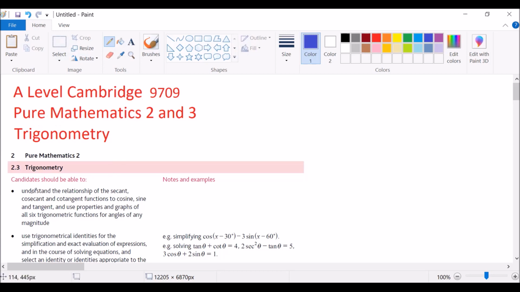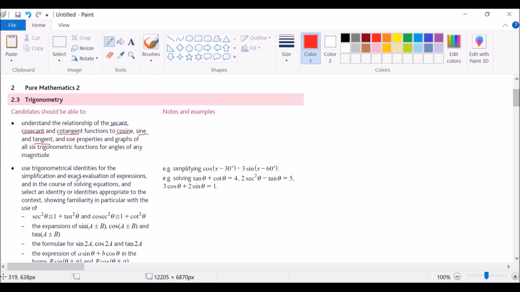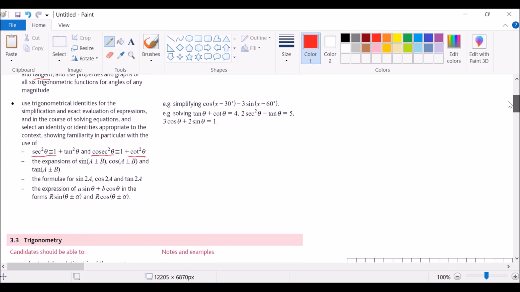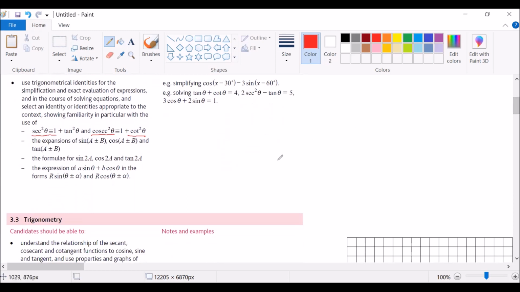Today we're going to look at the relationship between the secant, cosecant, and cotangent functions to the cosine, sine, and tangent. Secant, cosecant, and cotangent are derived from the cosine, sine, and tangent functions. We'll also be looking at identities involving the secant, cosecant, and cotangent functions. But first, we are going to sketch these graphs and see how they are derived from the sine, cosine, and